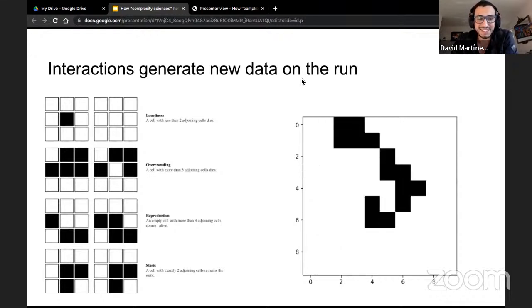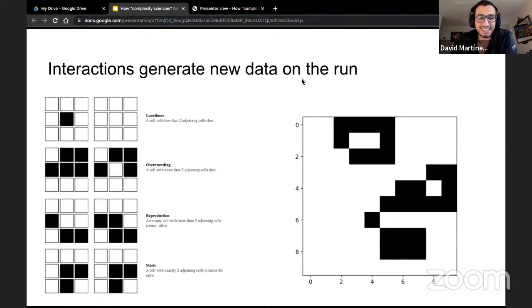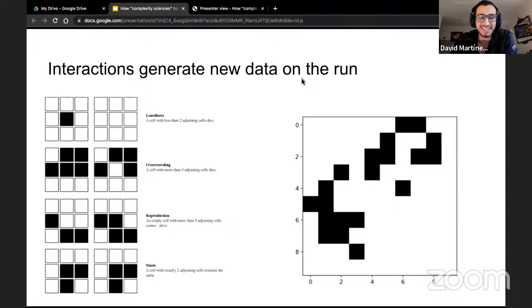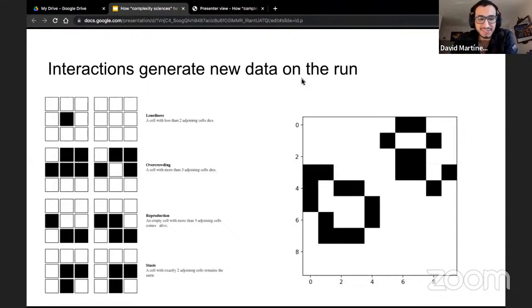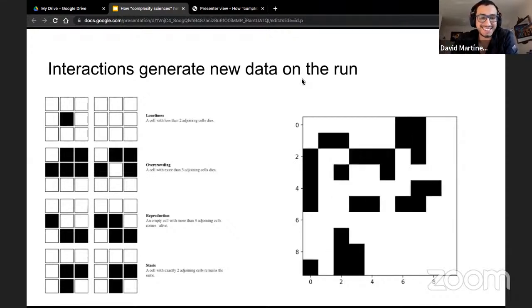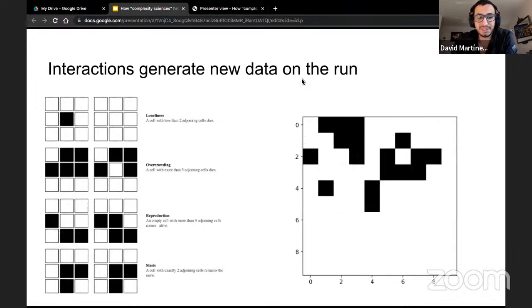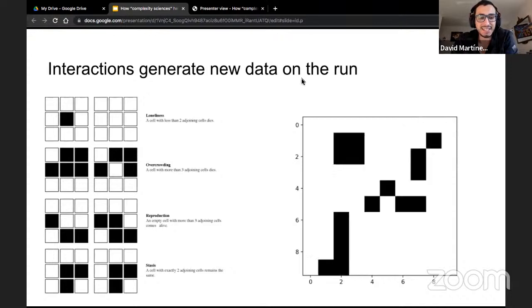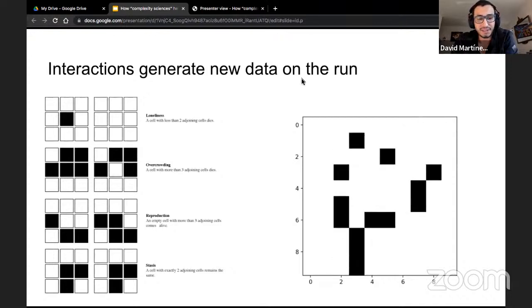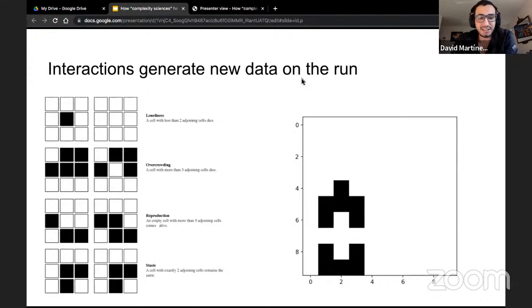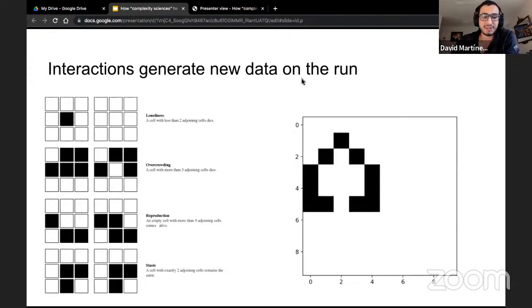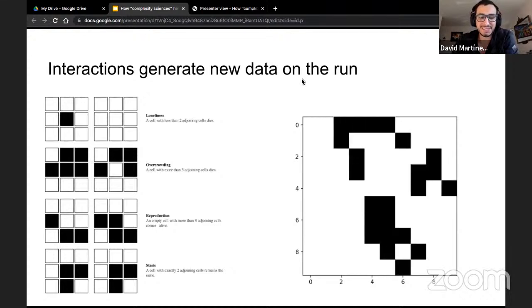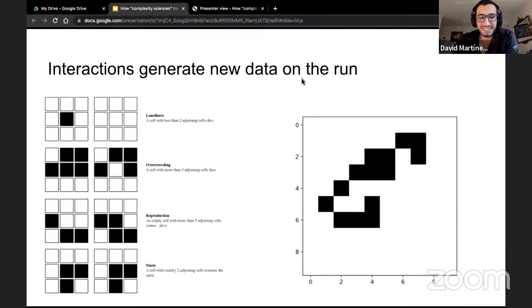If a cell is living and has no neighbors, it will die. If a cell has more than 3 neighbors, the cell will die. And if the cell has 2 or 3 neighbors, the cell will keep on living. Or if an empty cell has 3 neighbors, it will become alive.